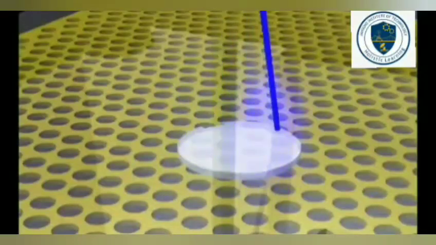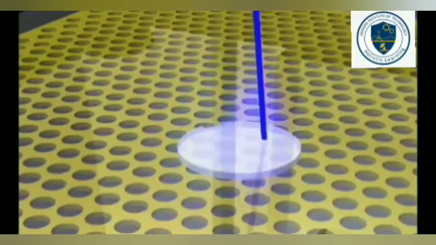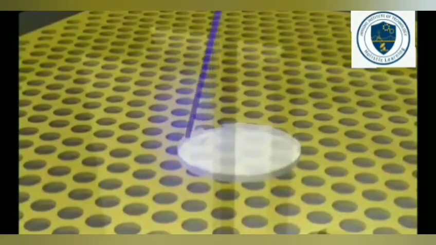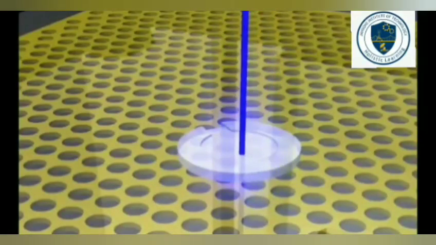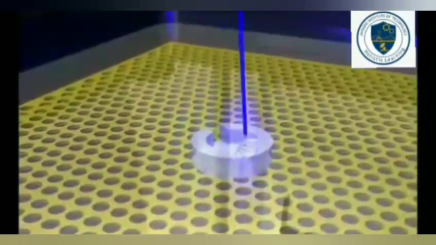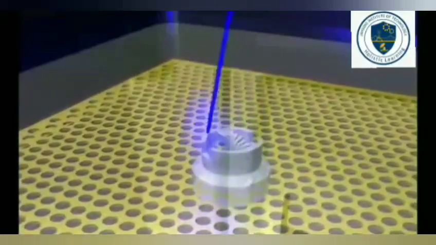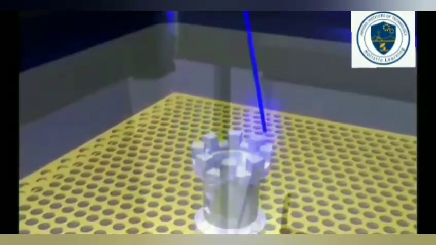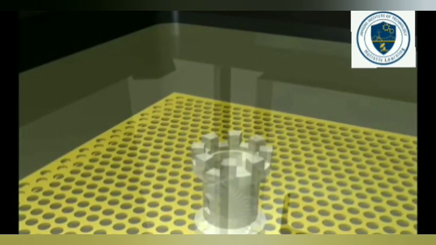That blue color is like a laser. That laser travels on that photopolymerization liquid. The wiper goes and wipes the unwanted resins and creates better bonding from one layer to another layer. To make it very simple, in the animation the platform goes down and it makes the entire roof.